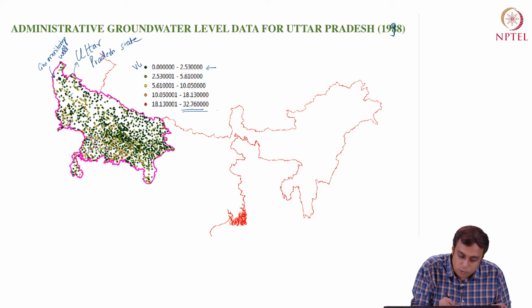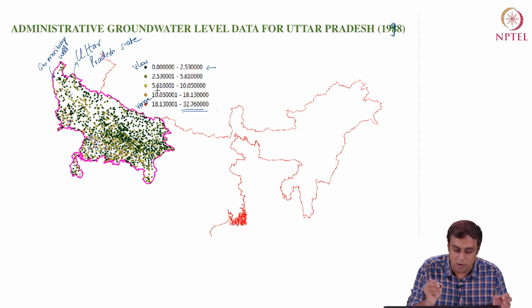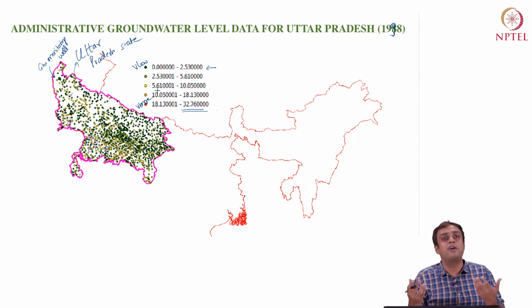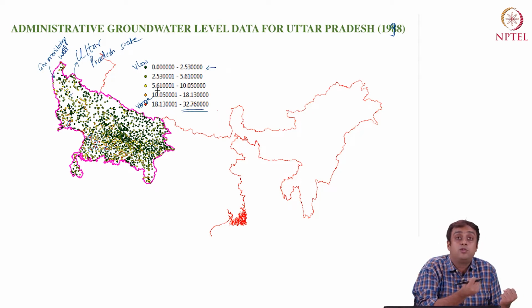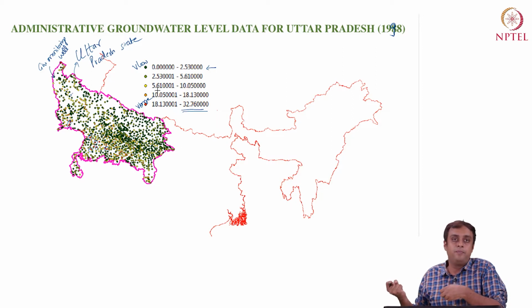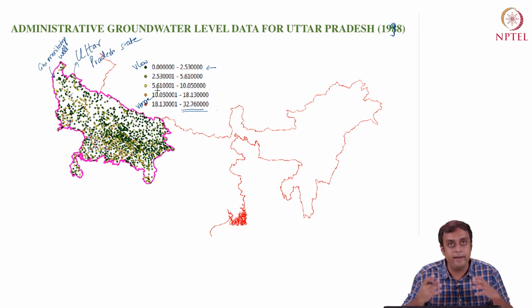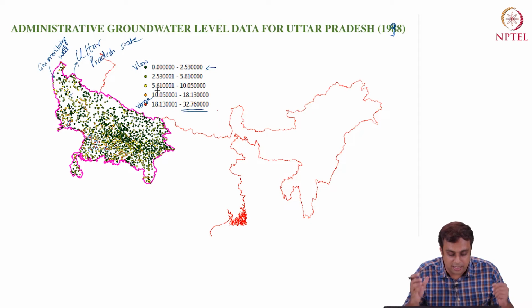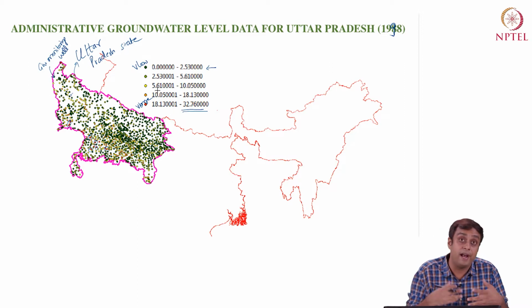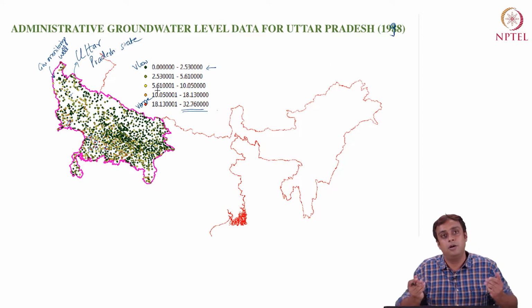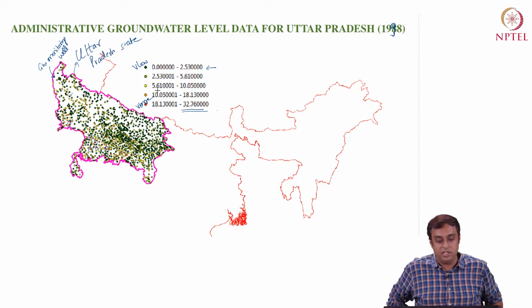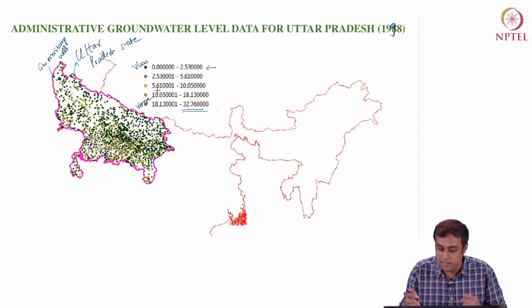Now, very low values and very large values are obviously candidates for detecting outliers. The very low values could be an outlier, a very high value could be an outlier, right? If I visualize this data, I see a lot more dark greens and light greens and yellows than oranges and reds. For sure, you can count the reds here, probably there are 10 wells in 1998 that showed very high depletion, right? So if I were to imagine a histogram for this,